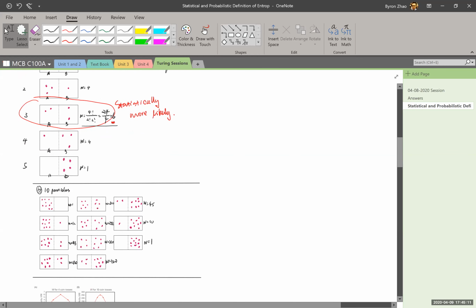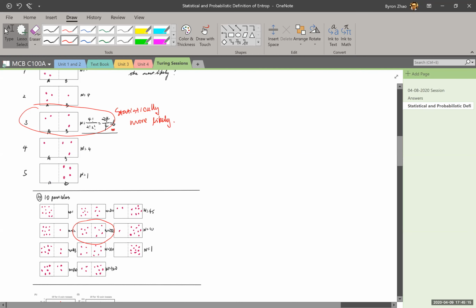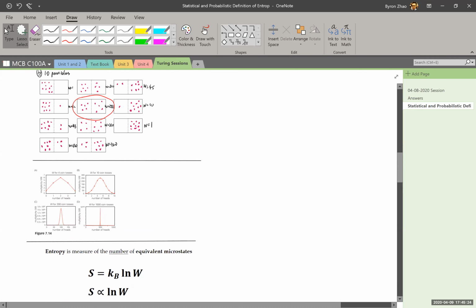So if we go to 10 particles, you calculate the multiplicity for each of the macro states you can get, and you will find out that the circled macro state is the most likely. So in your textbook,